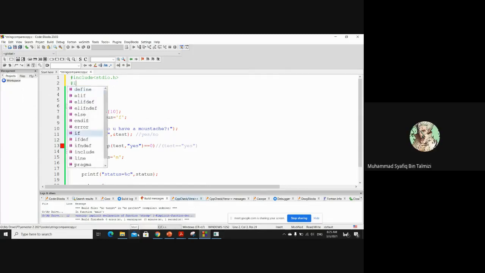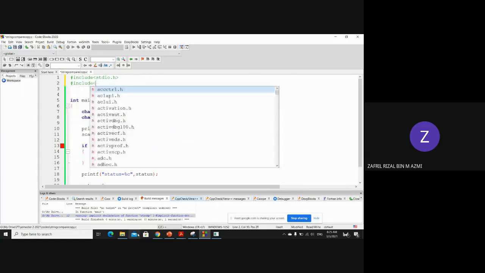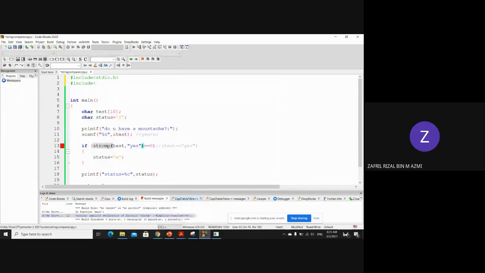Okay, include lah. So this is how you import a library. But the question is what library? For anything related to string, there are many commands, many functions we call them. strcmp, this one is a function. That's why you see the brackets. Any brackets that you see mean that it is a function called from a certain library. So in this case the library is